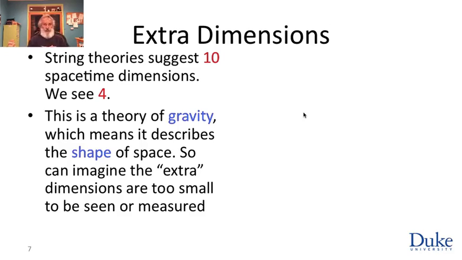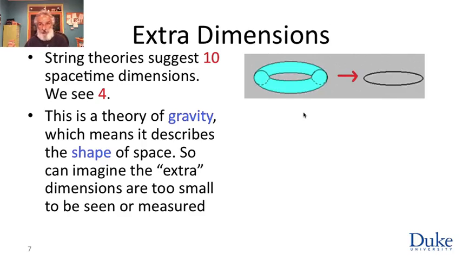Well, early approaches to this problem, to trying to reconcile the fantasy of string theory with perhaps something realistic, involved the process called compactification. The idea is, well, this is a theory of gravity. This describes, among other things, the shape of space, the curvature of space. We can imagine that the extra dimensions occupy a small volume and they're too small to measure. What does that mean? Well, again, I'm going to work with two-dimensional things because that's the most I can draw. Imagine a two-dimensional object that is the surface of this donut.